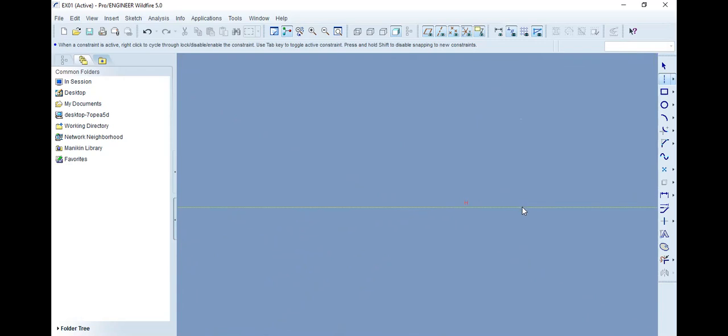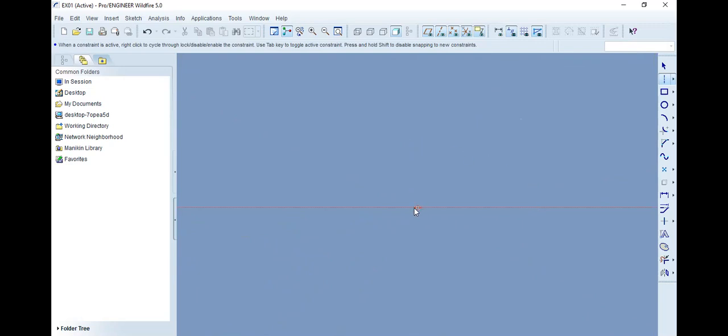So how do you know it is horizontal? Because, see here, the software will automatically show you if it is horizontal or vertical. The edge in the red color means it is horizontal. So once it becomes horizontal, just click on the screen with the left click. Right? So you got the horizontal center line.